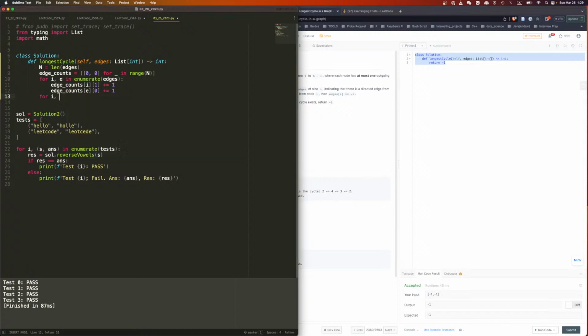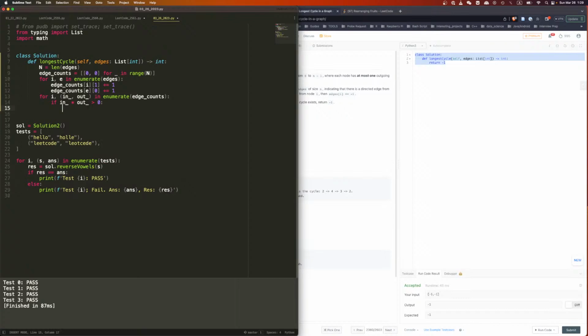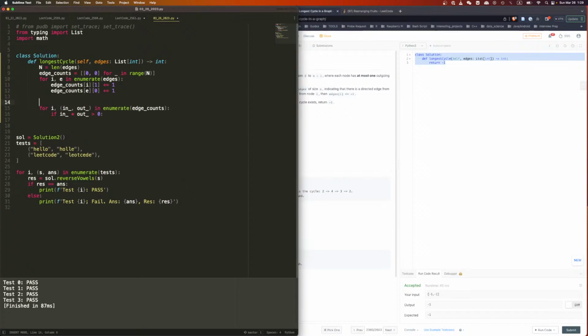We're going to say for I and in out in enumerate edge counts. So if in is larger than 0, this multiplied by out is larger than 0, then that is a possible, right? That's a possible. So we can put in here potential cycle